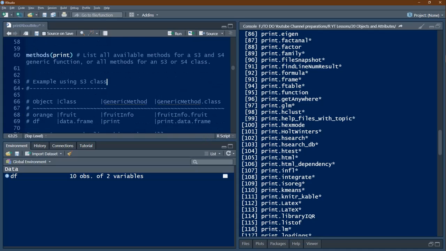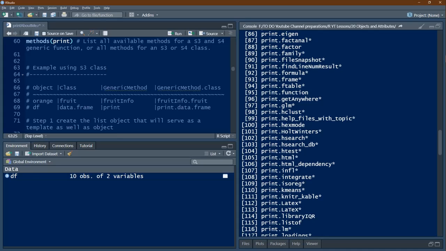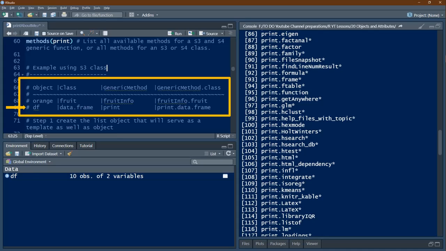Okay. Now to get it more clear, please look at this table in the editor. Say if the object is a data frame, the class is data.frame. Now when I am using the print function, it's a generic method. So when I use print(df), what happens is it is going to call the print.data.frame function.